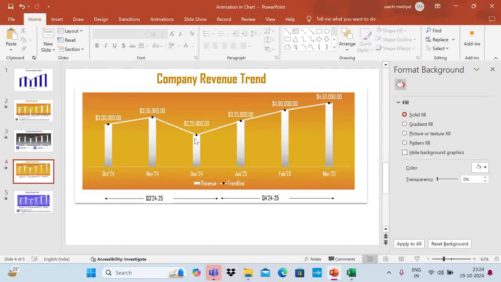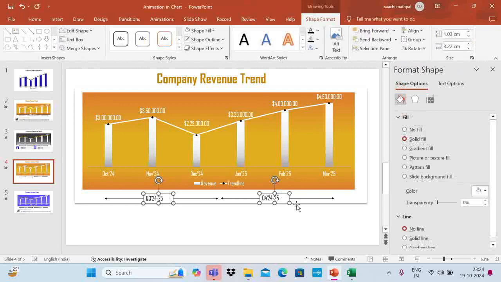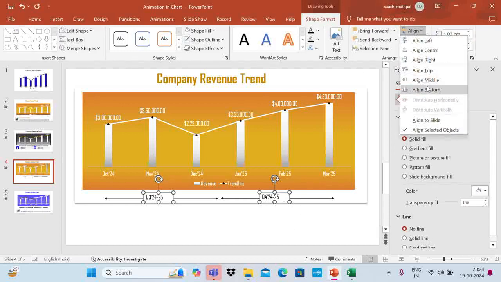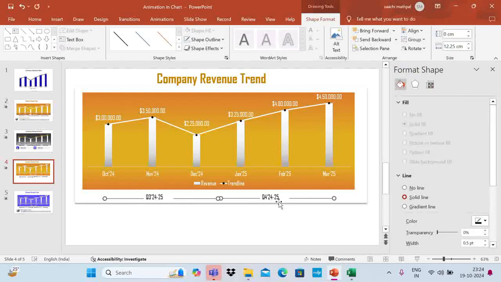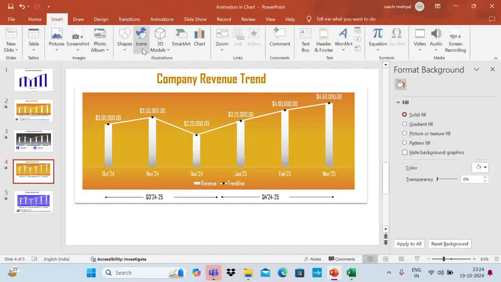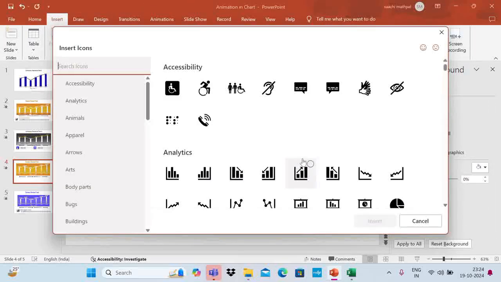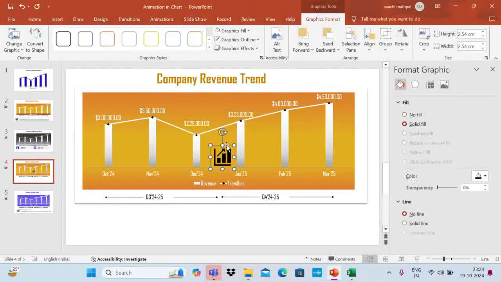So go to insert, let me move this a little bit up here. Okay, and I can align them at the top as well. I can even move these lines also a little bit up. Now go to insert and take an icon. Let's say I take this icon, go to insert and move this icon over here, and then I want